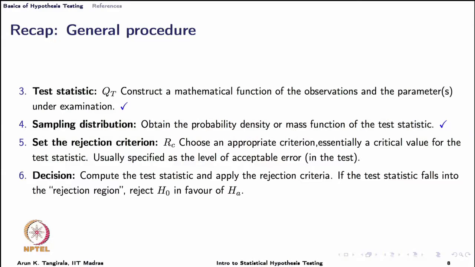Once the critical value is decided using either of these approaches, the test statistic is compared with the critical value and it is determined whether the test statistic falls in the rejection region or the critical region or the acceptable region, and the decision is made. So, this is essentially the generic procedure that one sees in a hypothesis test. And this is nice because you can now apply this to any hypothesis test problem.